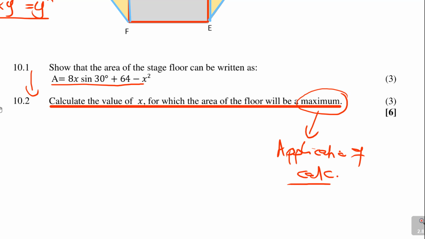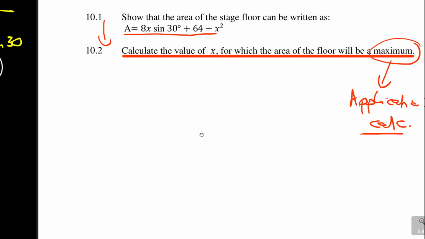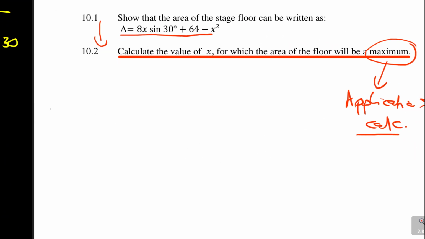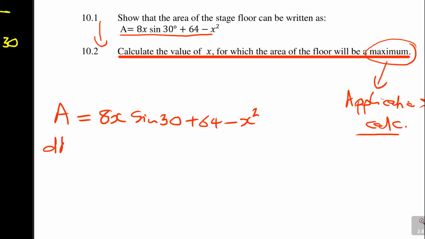So let's take it now. Remember they are saying A is equal to 8x sin 30 plus 64 minus x squared. That's why I'm saying you didn't need to struggle coming out with this answer. You could have just continued now. When they say maximum, now this is not y. Instead of saying dy over dx, you use the variables dA over dx. Whatever is on the left becomes on top, and the right variable becomes at the bottom, is equal to,